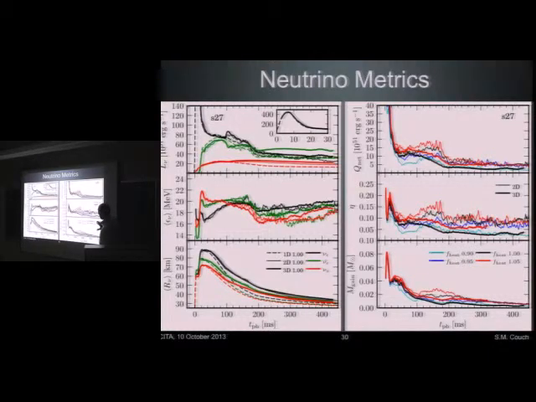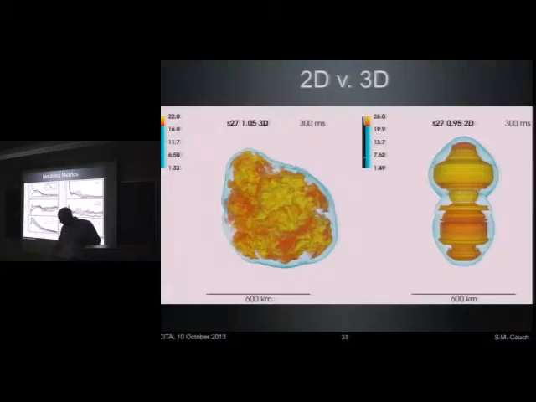Now, between 2D and 3D, we find systematically that for the same heat factor, 2D has more mass in the gain layer, which results in more heating, which results in easier explosions. This is caused, and I think I'll try to convince you of this, by the artificial exacerbation of the important instabilities. The shock gets more aspherical. It elongates along the axis in an artificial way, which brings more mass into the gain layer. And this is a positive feedback mechanism. So you bring that more mass in artificially, you up the heating rate, which pushes the shock out even further. So it's a problem in 2D.